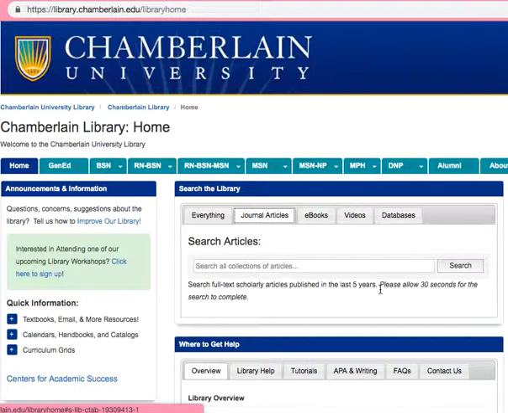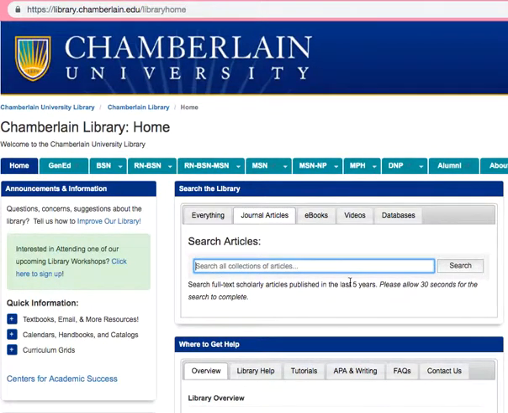outdated research. And so we use this in the sciences and the social sciences because, as you know, those who are studying science and nursing and everything else, healthcare, things change and technology changes and results change and theories become outdated and new theories come along. So APA is concerned with having the most recent resources used in your writing. So Chamberlain has given us this awesome search window under journal articles that limits things to the last 5 years.